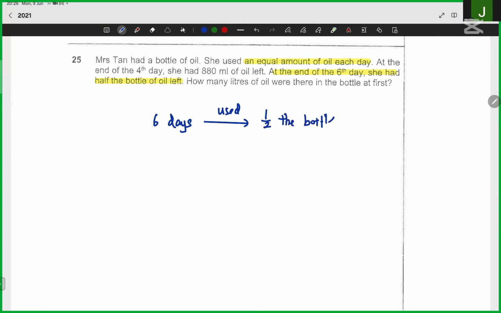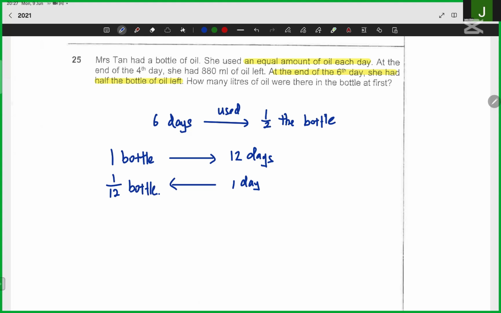This is the conclusion that you need to make. Which means that one bottle can last us 12 days, which in reverse means that one day will use 1/12 of the bottle,